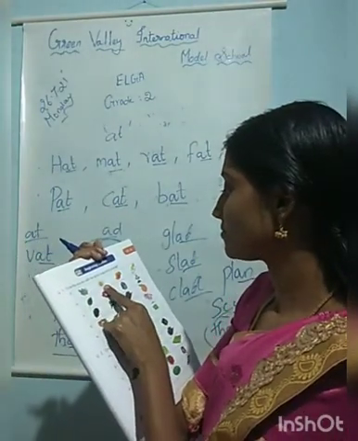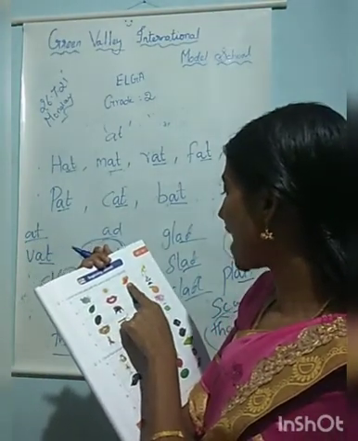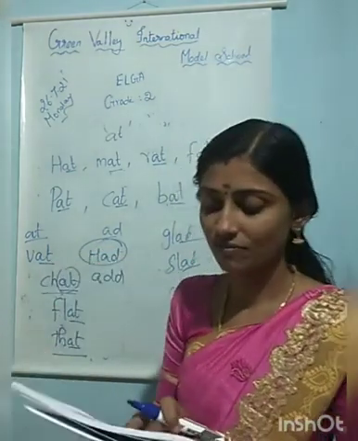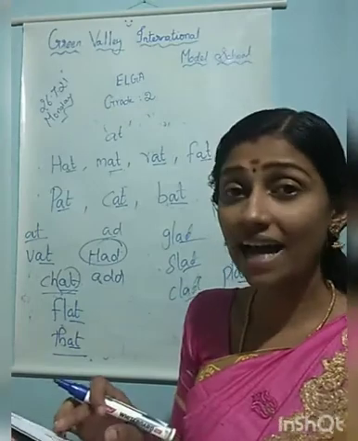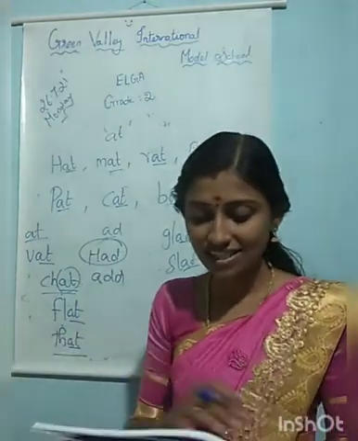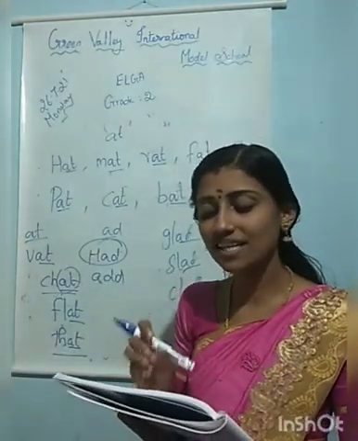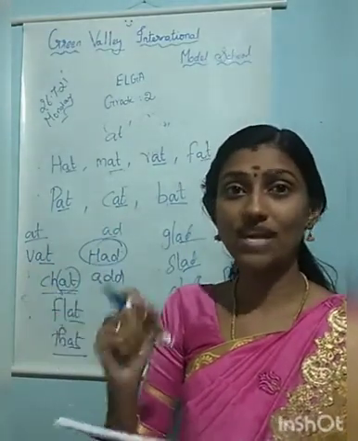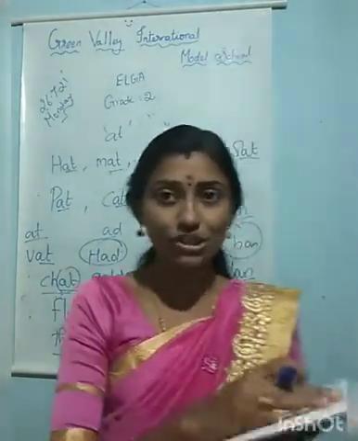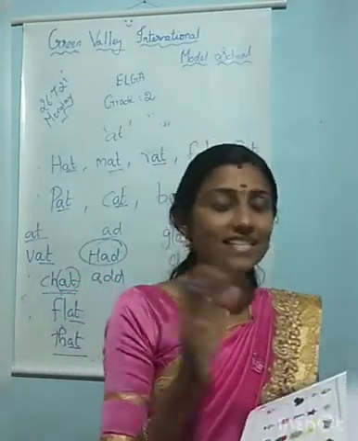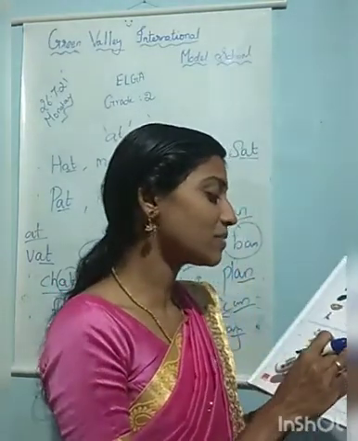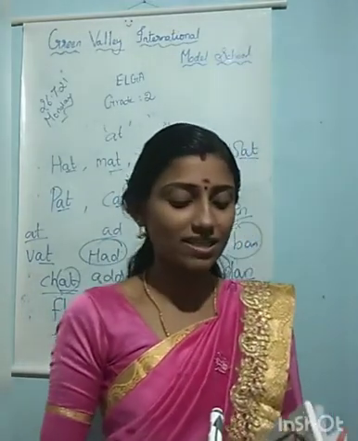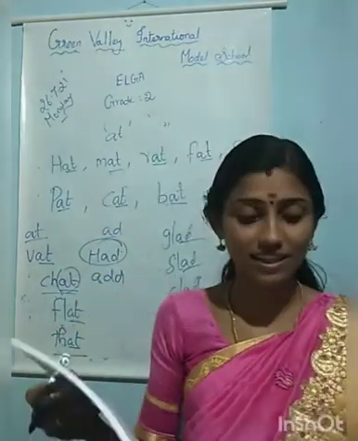Rat, egg, mango, frog, leaf, lips, bag, plant. So, some pictures are given. Circle the pictures with the same beginning sound. With sounds the same. You should circle it. Next, circle the pictures with the same beginning sounds. You should circle it.